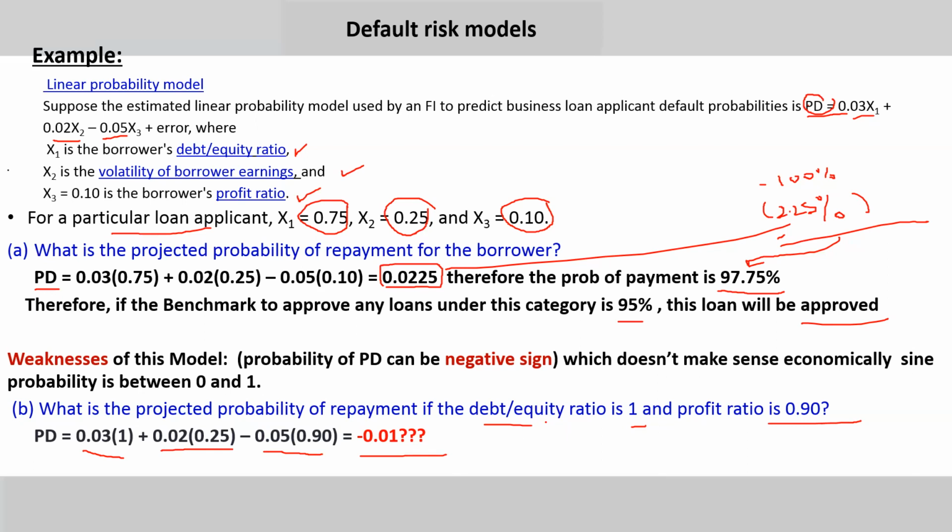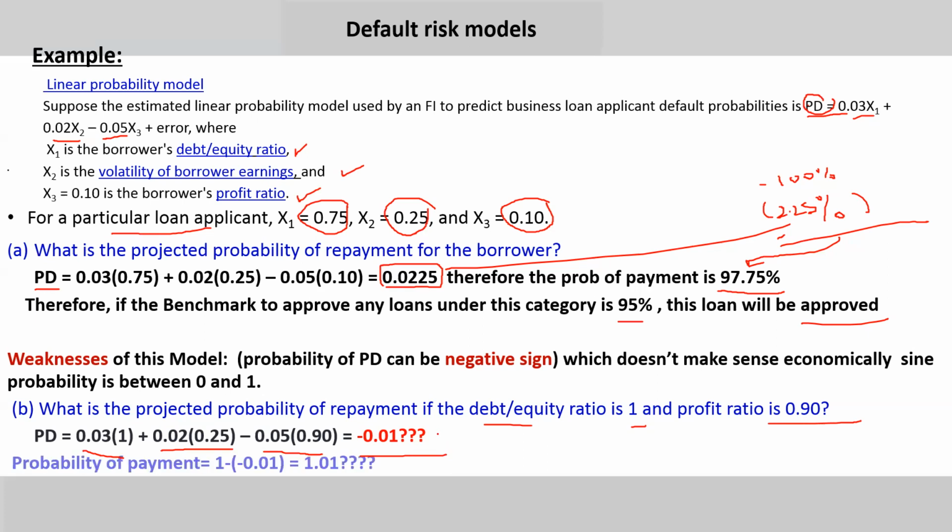Minus 0.1 does not make any sense. If this doesn't make any sense, then in this case, this loan is not approved. The model is not correct, and therefore you cannot actually decide. And therefore, you have to find a solution or look for other loans. Now, other models of